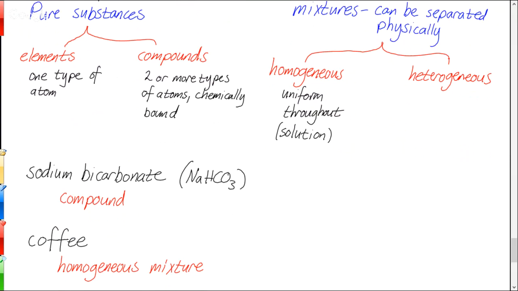There's other, more basic means of doing it. Like you could literally just take some tweezers and pick things out of a mixture if the pieces are big enough. That's a physical separation. You could filter things. That's a really important means of physical separation that we do in the lab. If you have a solid and a liquid that's a mixture together, but they're not dissolved, then you just pour it through a filter and the solid stays on top and the liquid goes through and you've separated that mixture. So that's another physical means of separation since you're not changing what that is.